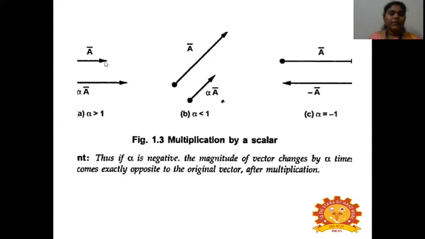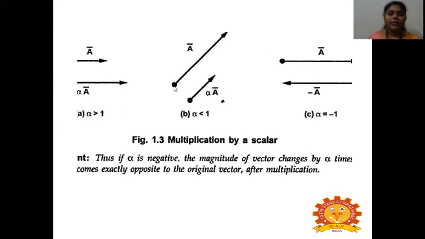See, this vector A is the original vector. Now we will consider its amplitude as 1. Now see, this is the scalar. If the value of the scalar should be greater than 1, that is our first condition. If we take the alpha value equal to 2, and consider this magnitude as 1, then if this vector A is multiplied by that scalar, it will be 2 into 1. Then the magnitude of the resultant vector will be 2. This is the condition for alpha greater than 1.